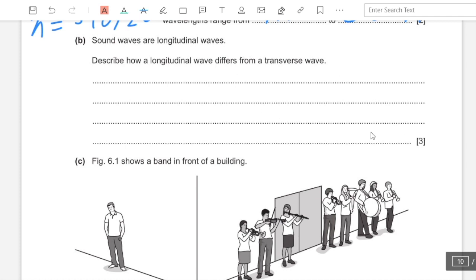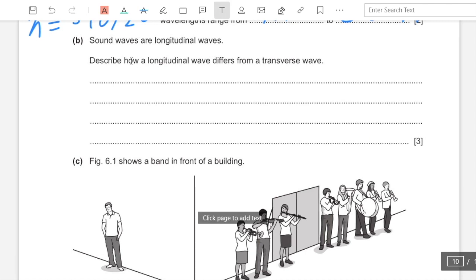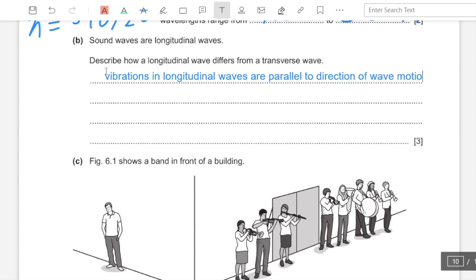So of course, two of the points are going to be definitions of each, and then we're supposed to be writing an extra point for longitudinal waves. So here I have the 2 points for longitudinal waves. The last point is